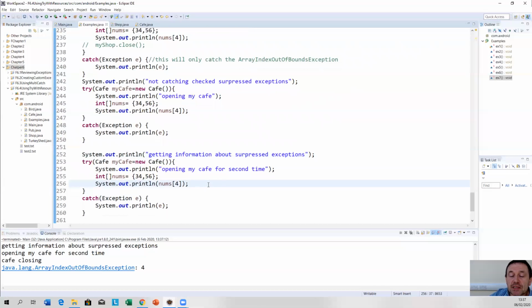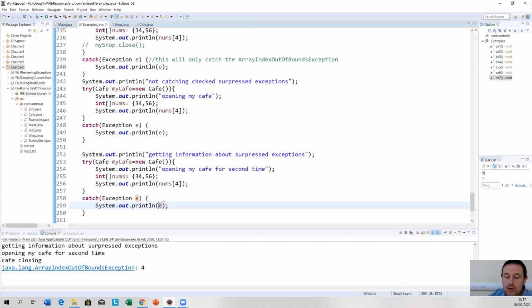But it isn't, the file doesn't exist. So something called a suppressed exception was generated. If you want to get information about the suppressed exception,